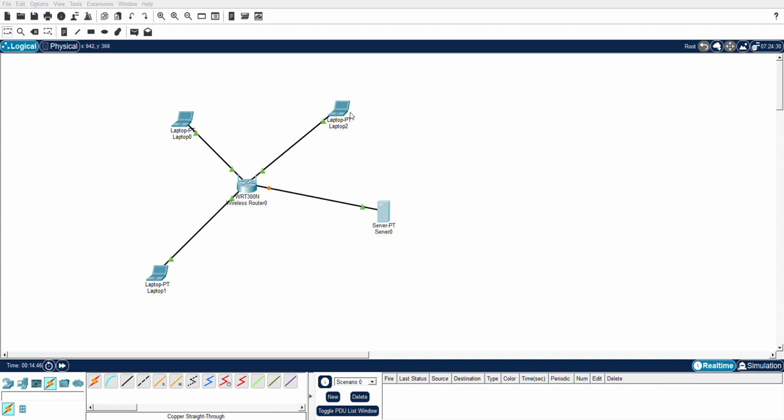Just like that. I'll give it 150, so 192.168.0.150. That's the mask. Then also the default gateway is the same, 192.168.0.1. Okay. So remember, since a server is used for offering services to other devices,